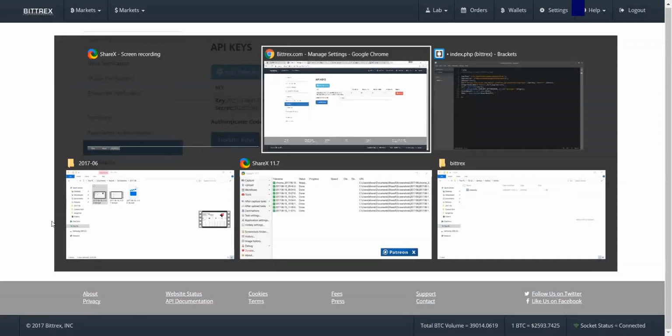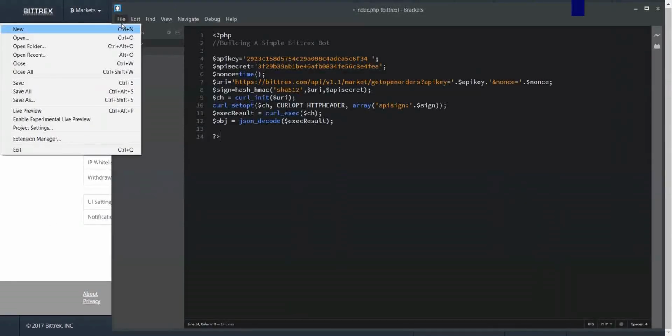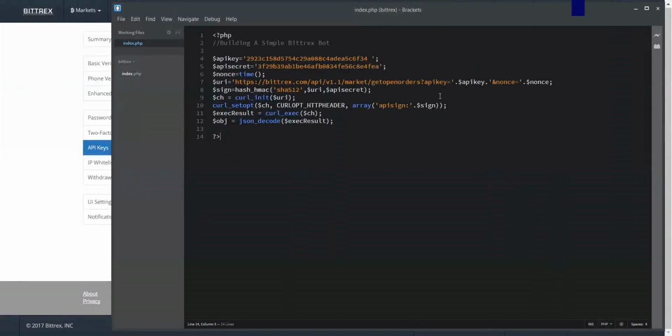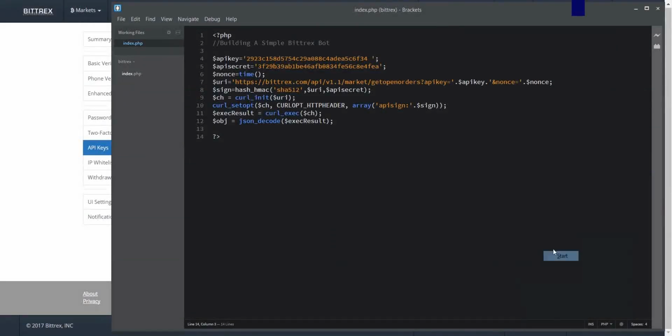From here, we're good to go ahead and test, so we can just go ahead and save our file. And I'm going to run it locally on my machine to test it. I'm going to use XAMPP here, and I'm going to enable Apache on my server. I guess I don't need MySQL, so I'm just going to turn on Apache, and then I'm going to go to where I have it,